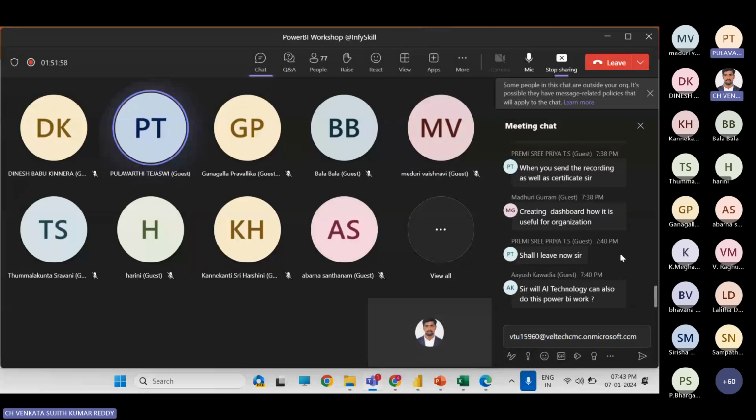Sir, do we need to learn SQL for this? No need of anything. But you should have an idea about the basics, like what a primary key is and the different kinds of keys, and you need to know about relations, like one to one, many to one, one to many. You need to have a basic understanding of these relations. That's it. It is more than enough.